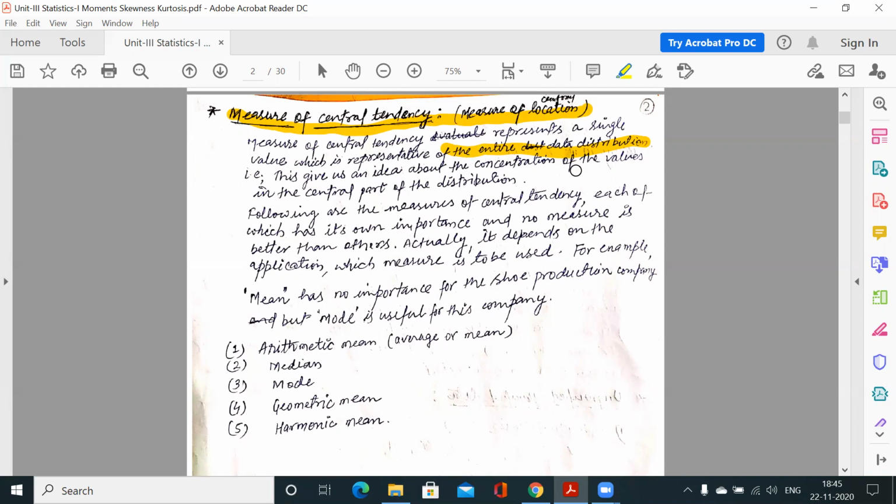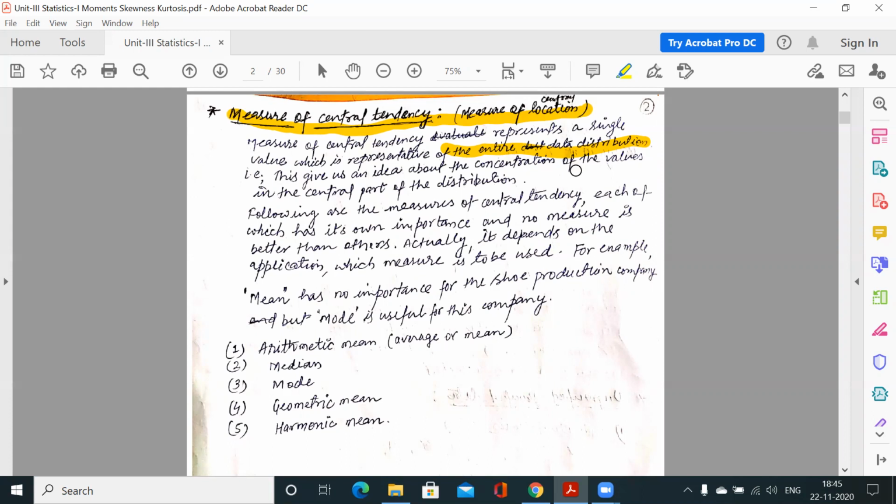I cannot compare through 10 subjects' marks. Suppose in maths one got 92, the other got, suppose, 84. In physics, the first got, suppose, 75, the second got 93. So in one subject one student has got more marks, and in another subject the other student got more marks. So I cannot compare because there are 10 subjects for both of these students. So if I know the single value